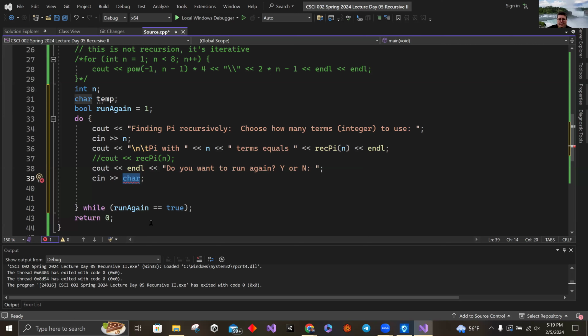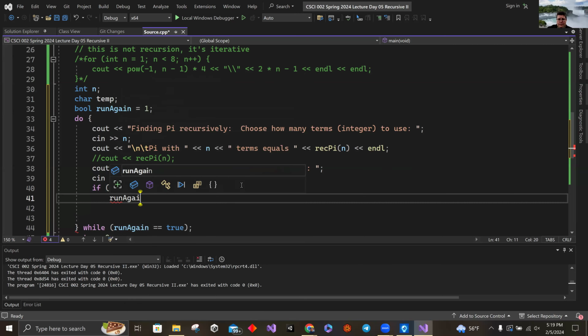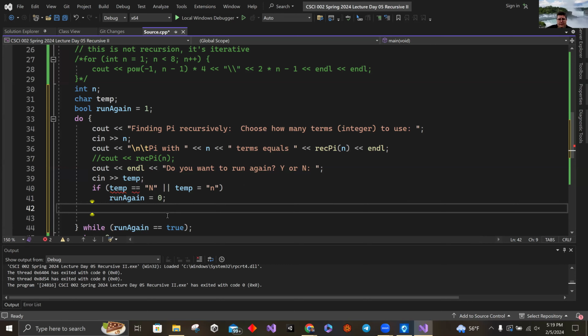That's not it. CN, I call it temp. If temp equals no, what's the or thing in this? Double vertical line? Yeah. Just checking, see who remembered the good stuff. We will say run again equals 0. That's all we need. We set the default case to